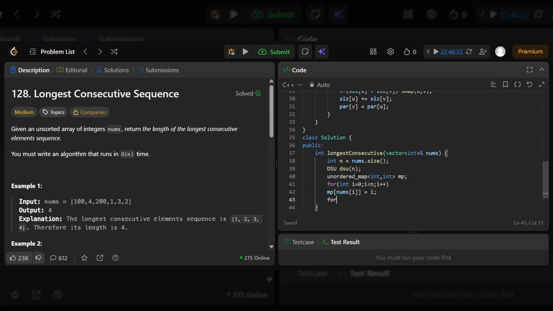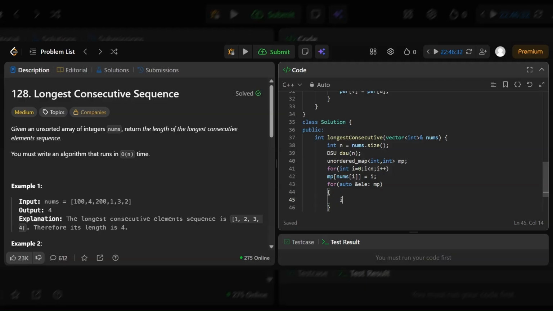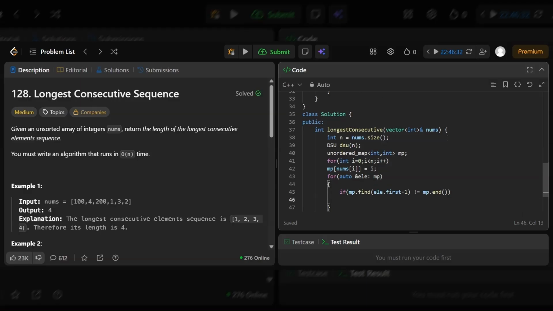Now for auto ampersand element in map, if map dot find element dot first minus 1 not equal to map dot end, that means I am finding element dot first minus 1, then what will I do? I'll do the DSU dot union of element dot second and map of element dot first minus 1.